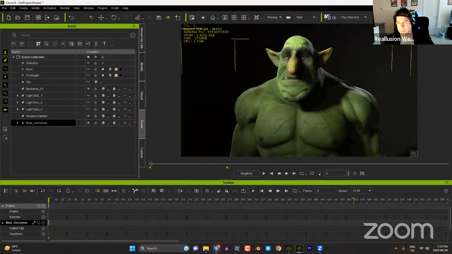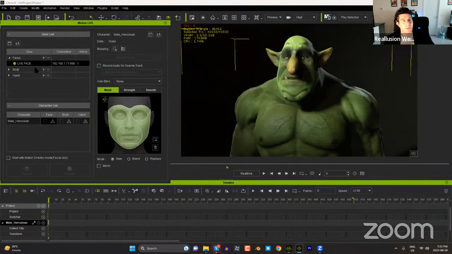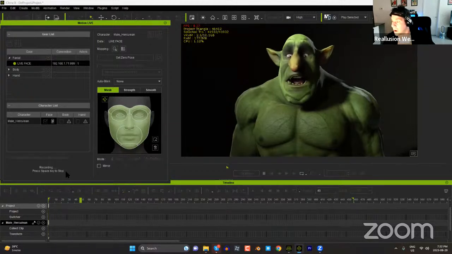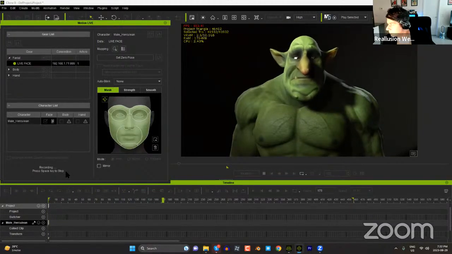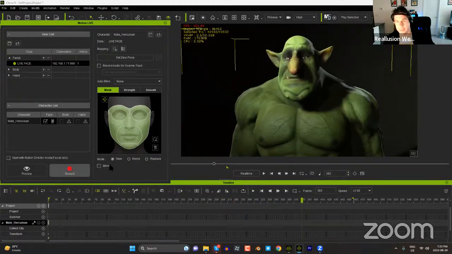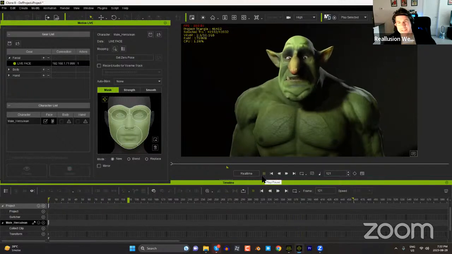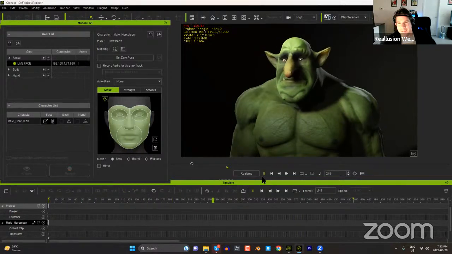And let's do a little quick motion live. And so we're moving around really quick here. Let's do an orc yell or whatever. Okay. I think this guy's a little bit cartoony. He doesn't really look as angry as he should, but